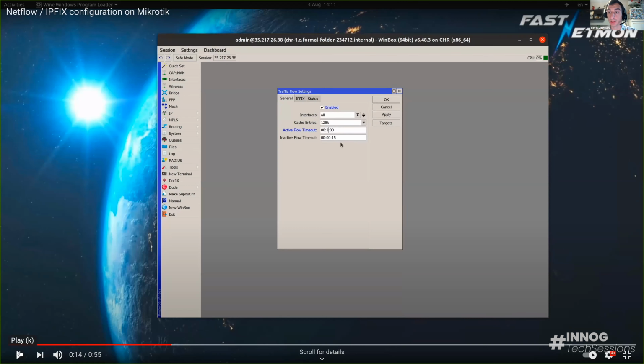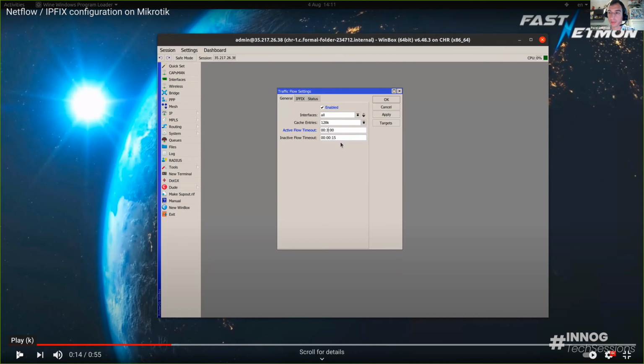This part is the most complicated part of FastNetMon itself. Be very careful. So what is active flow timeout? Active flow timeout actually means when a router, in this specific case MikroTik, still sees an active flow. It may be a connection to YouTube, downloading some video, and this flow is active. And active means that it wasn't terminated by sending FIN packets, or it wasn't terminated by timeout in case of